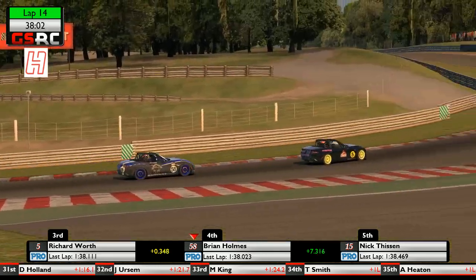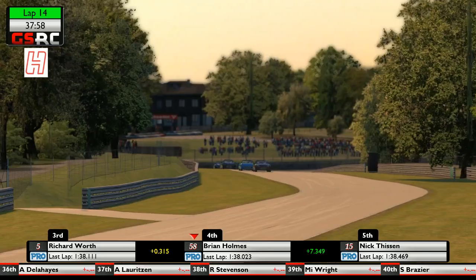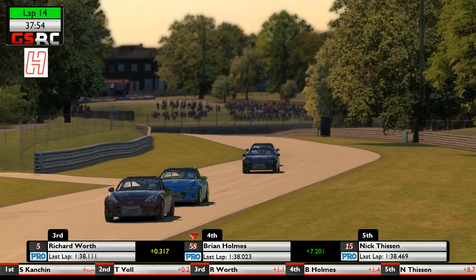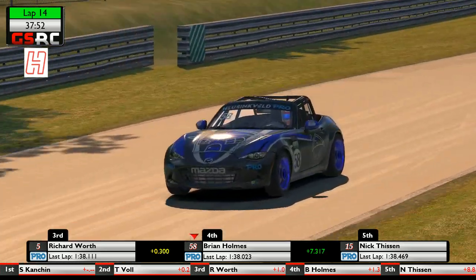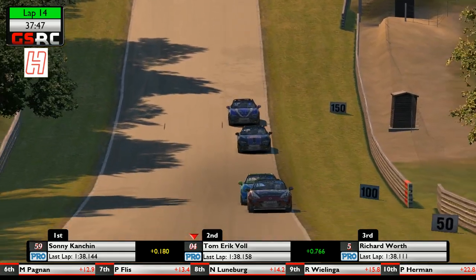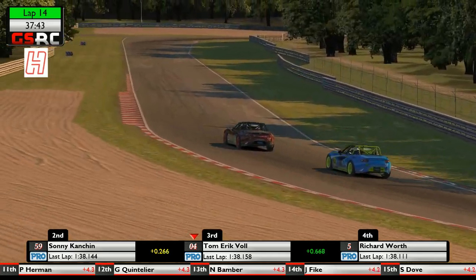No, that's going to have to be some no-show compensation for that, and that has opened the door, I think, for Holmes to be a little farther up than he would. It may have done, but you start mixing it with the big boys, you certainly have to prove your reputation. Tom-Erik Vol down Hawthorne's Hill into Hawthorne's Bend, and right now you'd feel that actually he needs to